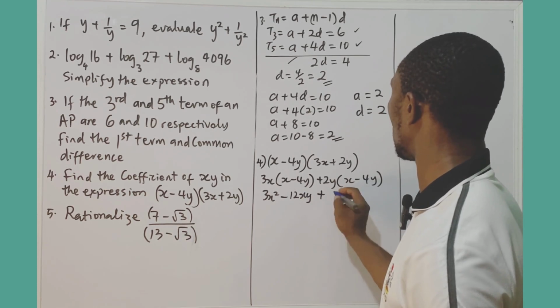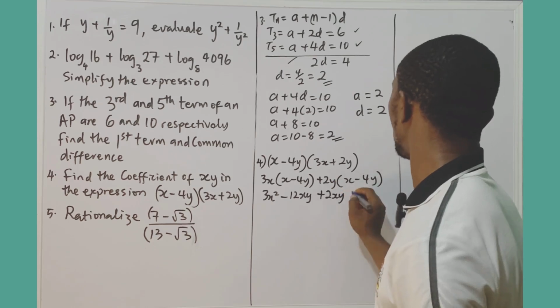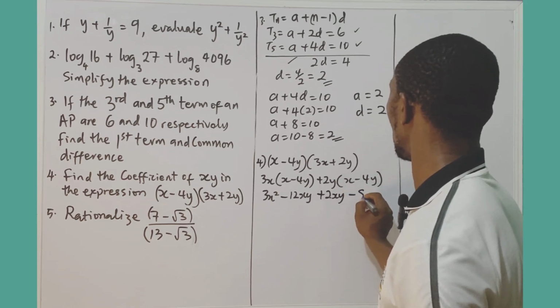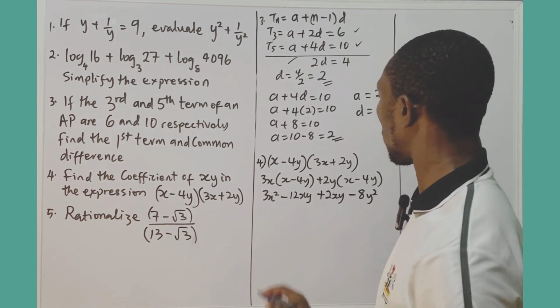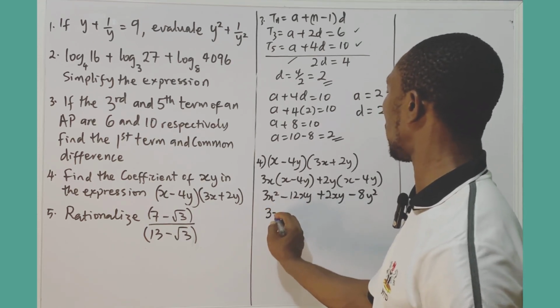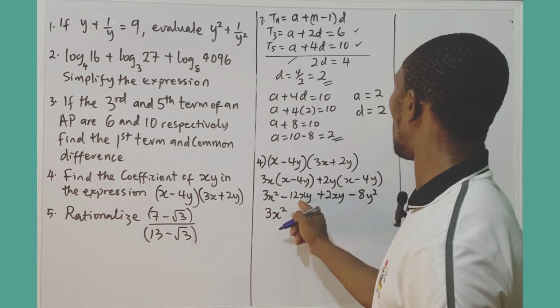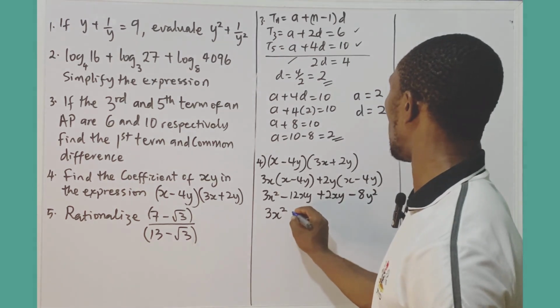Plus 2 times this gives us 2xy. And this times this gives us minus 8y squared. Okay, so collecting like terms, this becomes 3x squared minus 12 plus 2 gives us minus